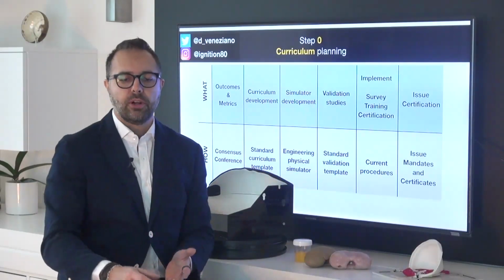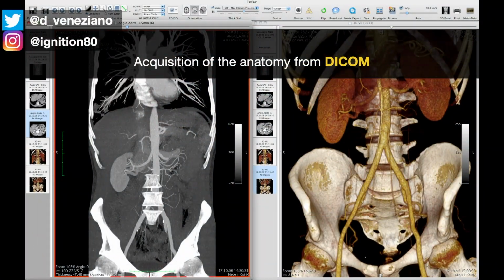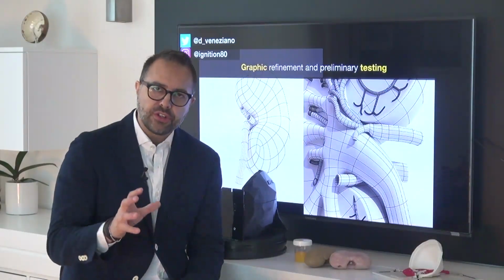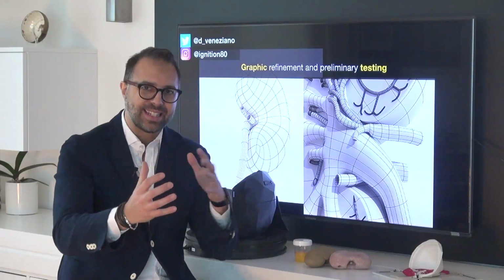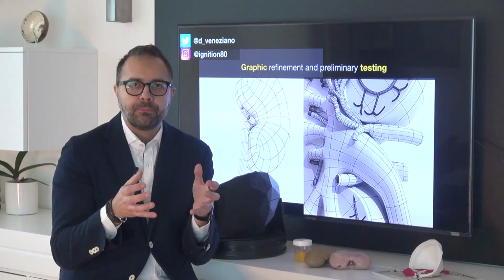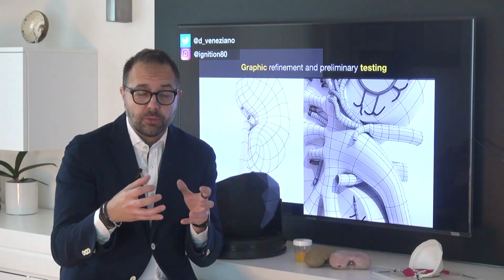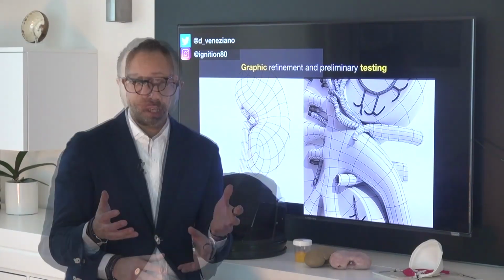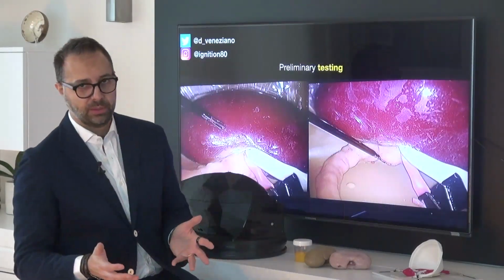Of course, the starting point is the patient. It's the DICOM image. Once we have a CT scan, then we can move on and start to isolate the organs that we want to focus on. Let's say that we want to build a simulator for a radical nephrectomy. So the first step, once we have understood more or less the dimensions of our model, is understand whether or not it will be big enough, or better, small enough to enter our lab training box. This is a preliminary test that we can make.